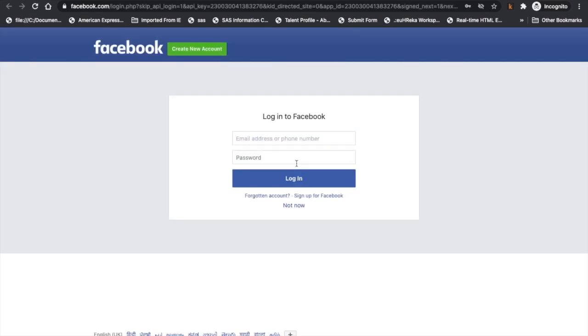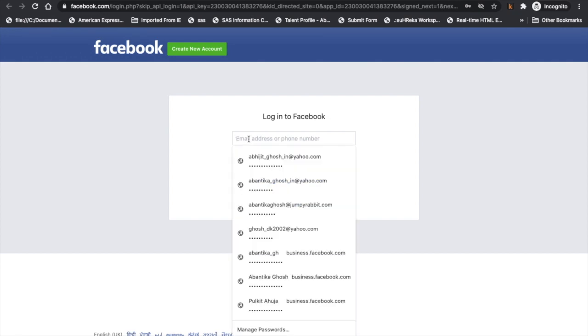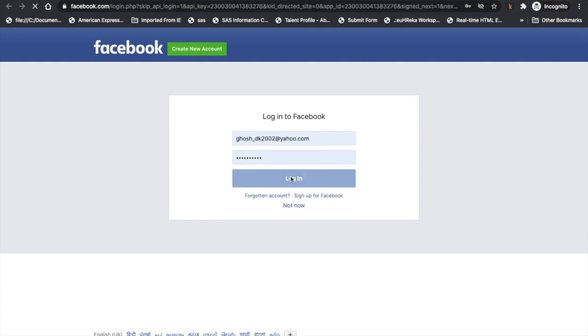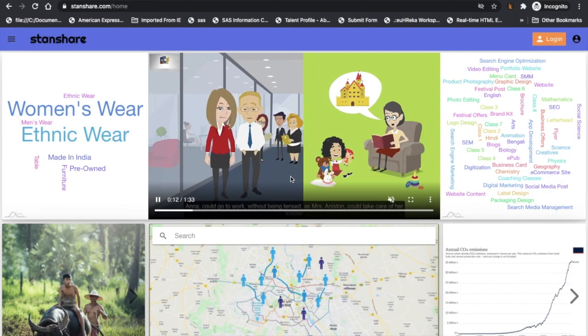So when I click on login with Facebook, it will normally take you to the Facebook login authentication page where you have to enter your Facebook credentials. Don't worry, this is actually Facebook login, if you can see in the URL, and we are not storing any of this information ourselves, so we can't see it, we don't have access to it, and it's safe. All right, so let me pick up any of the existing addresses, or I can create a new address as well. So let me pick up this email address and I say login. Well, that's it.